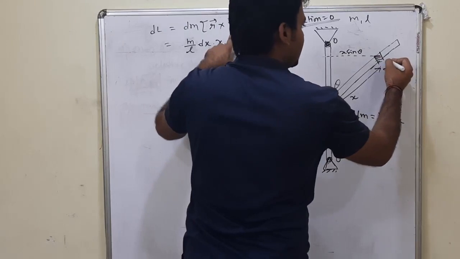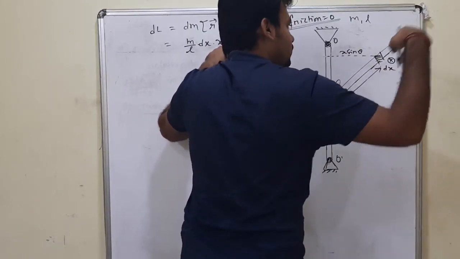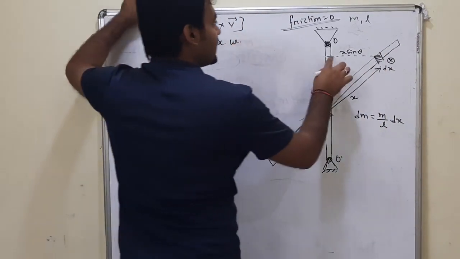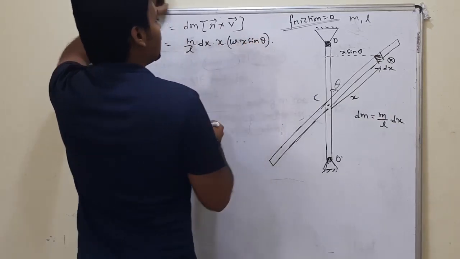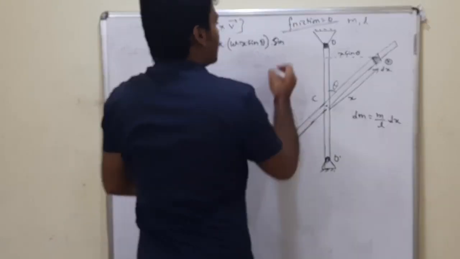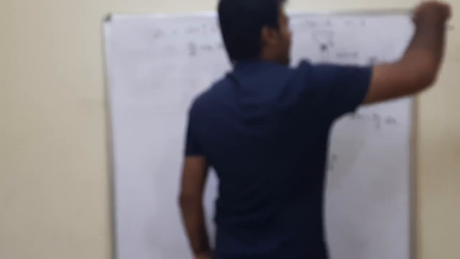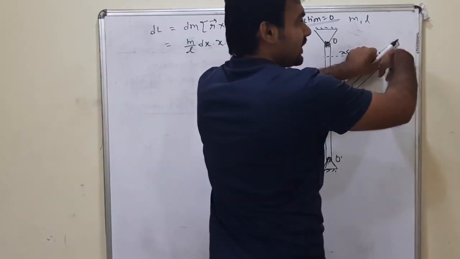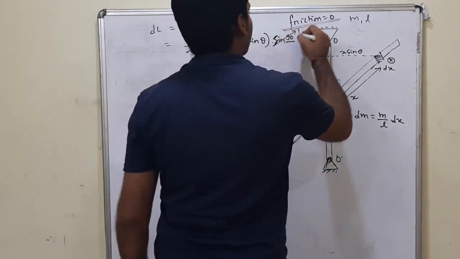By the way, the direction of velocity is inward, going into the plane of this board. So velocity will be omega times radius, and what is the radius, x sin theta. See carefully. Okay, so it is r cross v, rv sin theta. This theta is the angle between the r vector, that is x vector, and the velocity vector. You can see this is the position vector and this is the velocity vector. So the angle between those two vectors is 90 degrees, and sin becomes 1.